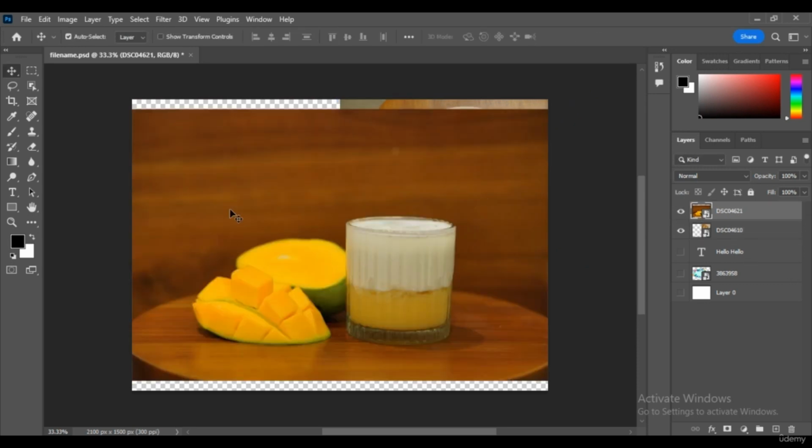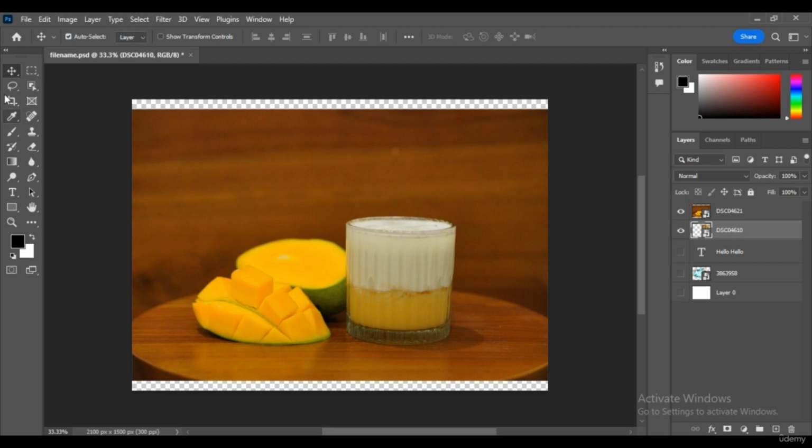Unhide the first layer and then maybe you can move the second layer more to the bottom so it can be adjusted based on the borders of the first layer.